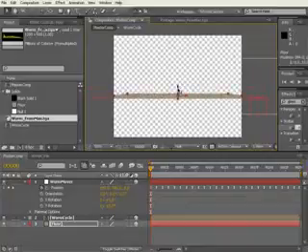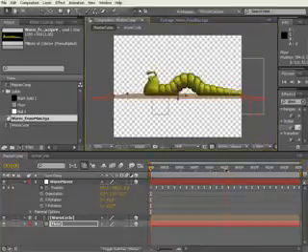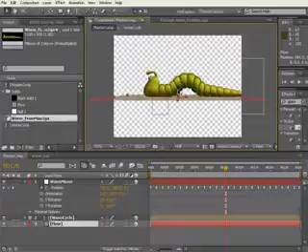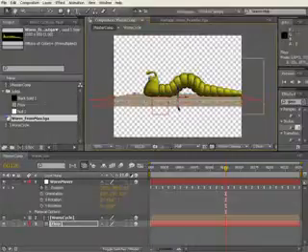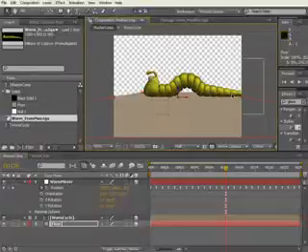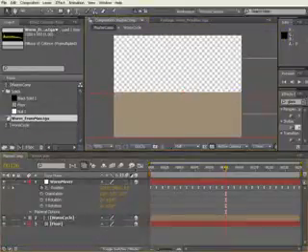And what we're going to do, if we come halfway through the animation, you'll see that we can line the floor up with the worm. That's about it there, and we'll scale it in width to about there, and that's going to work fine. So there's our